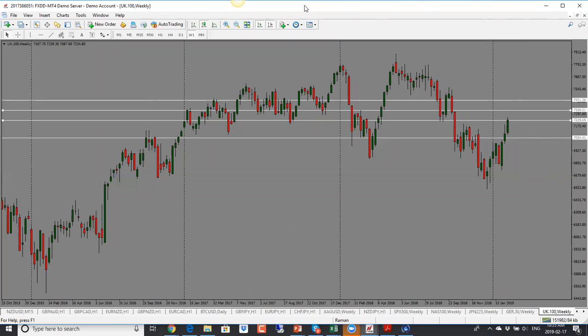CAD goes up when oil goes up, but dollar CAD drops when oil goes up. So that's what I was saying. Dollar CAD goes down when oil goes up. But CAD and oil are positively correlated because Canada is a big oil exporting country. And if oil goes up, Canadian dollar tends to go up as well.